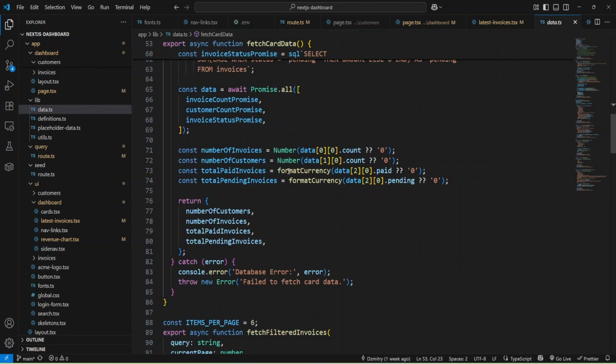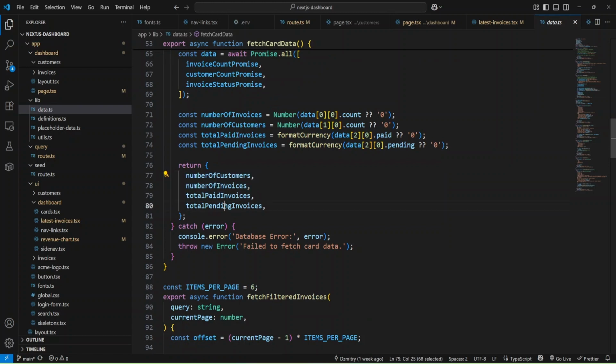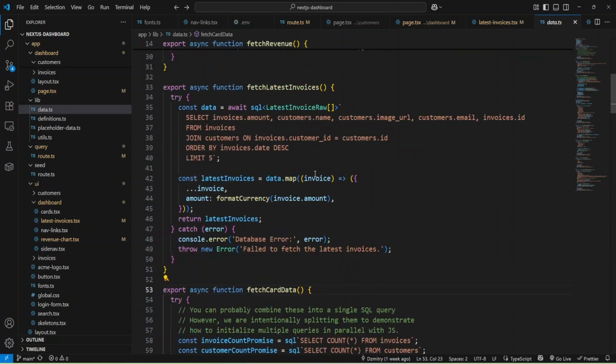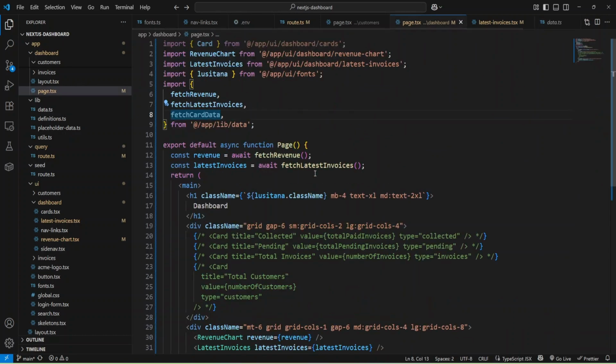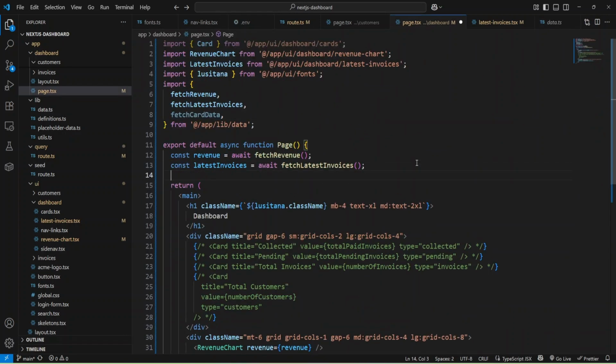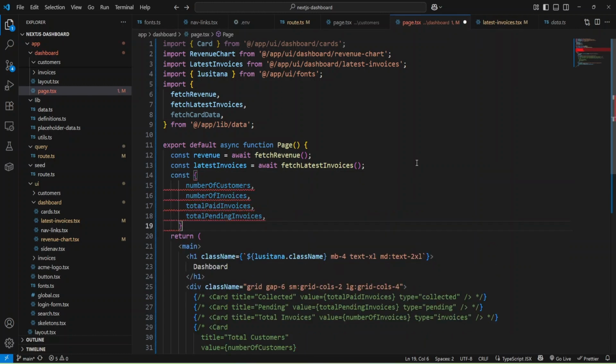And this function returns some object. Let's add this data to our component as well using const and assign to page card data. And we need to call the function and add await.